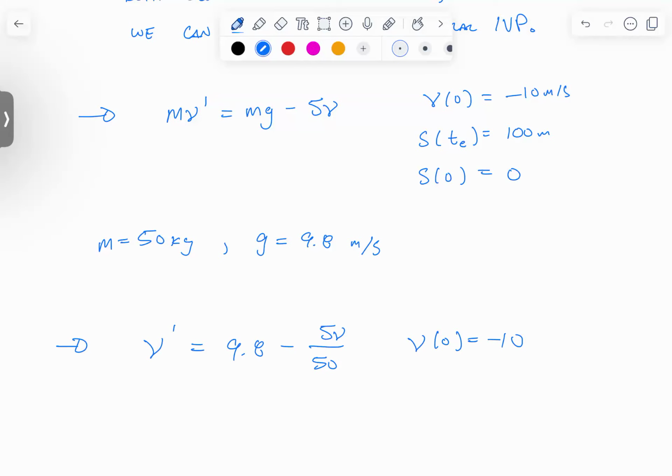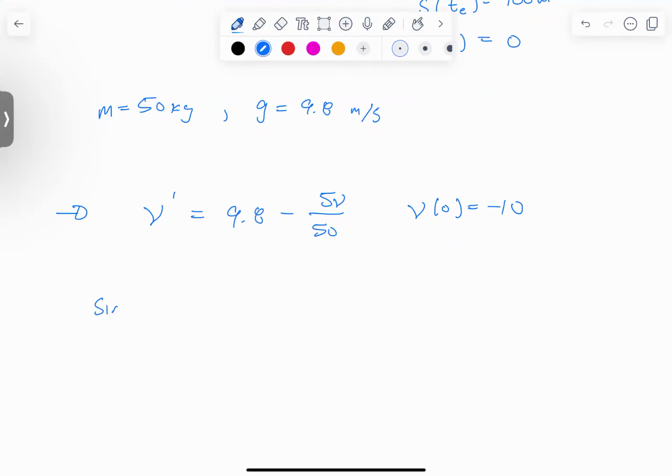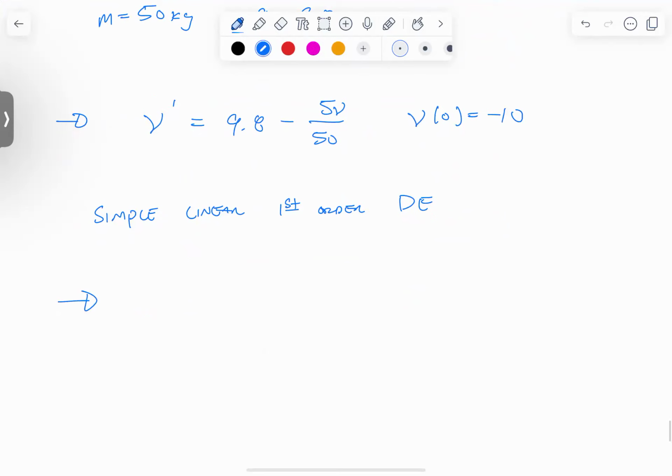This should actually look pretty familiar. Did we do this a couple of weeks ago? Yeah, this was our initial direction field that we looked at. This is once again a simple, linear, first order DE. Once we have all the details found out, V of T equals